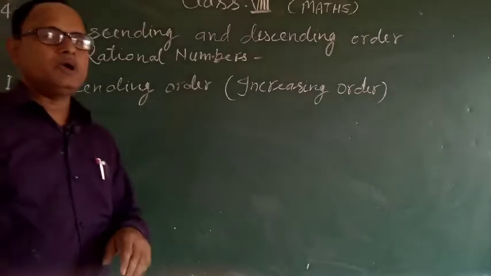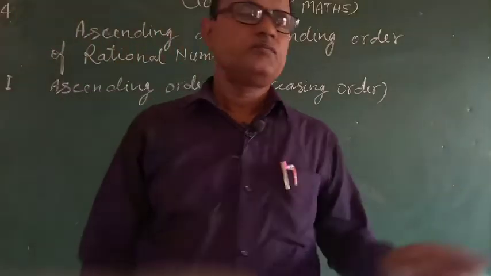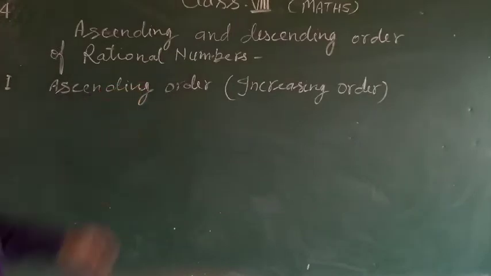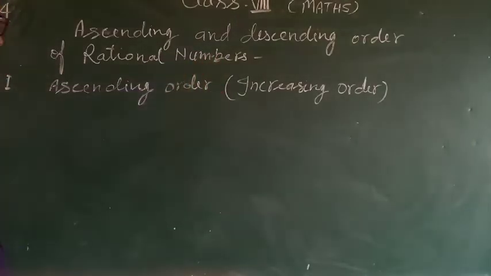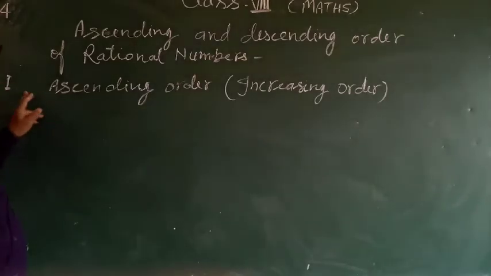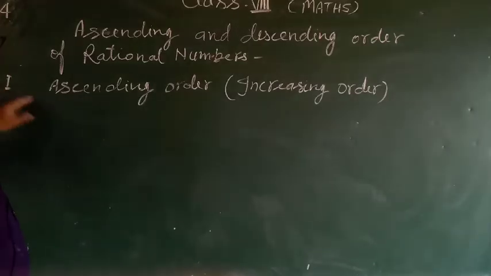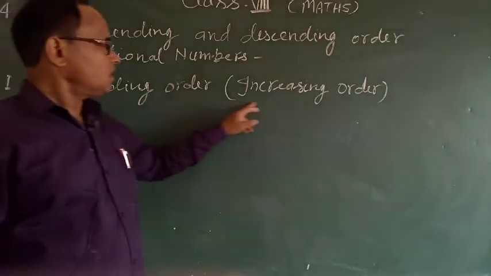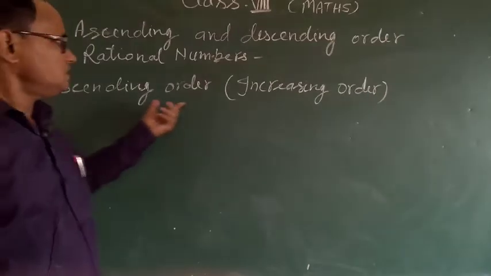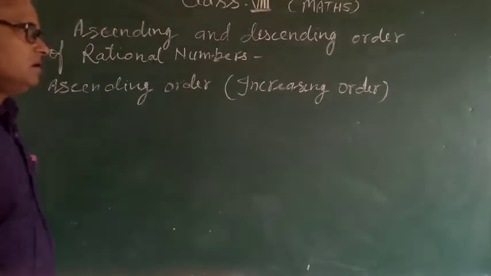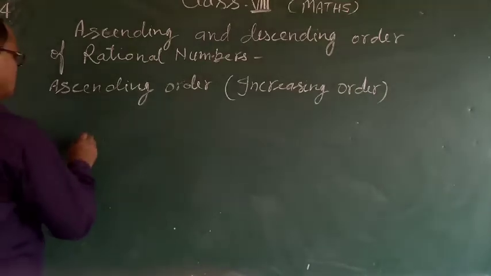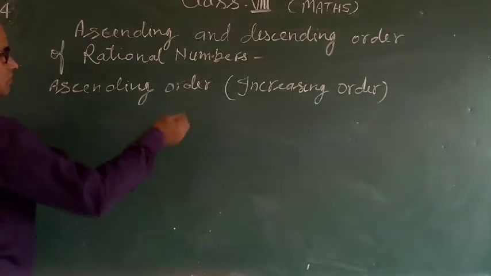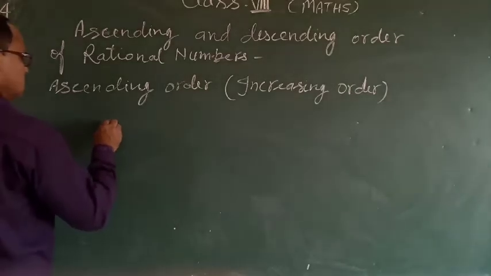Today I am going to teach you about ascending and descending order of rational numbers. In the first case, I will teach you about ascending order. Ascending order means increasing order. In this case, terms are written from lowest to highest, as here